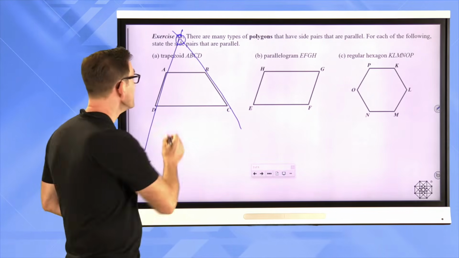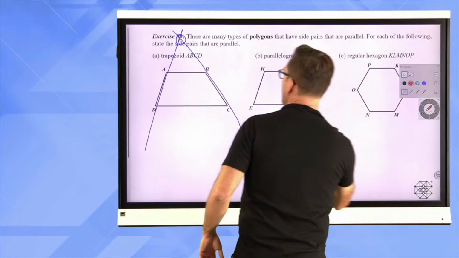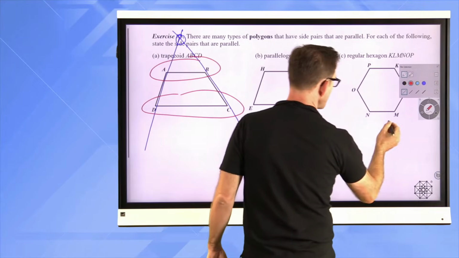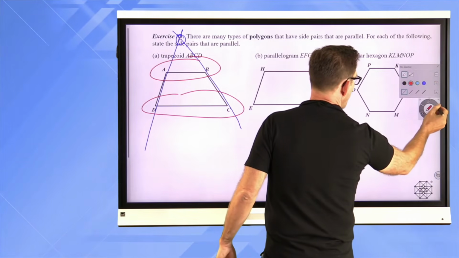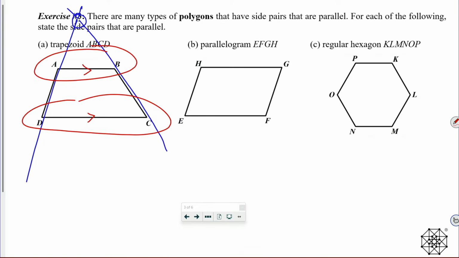Well, side AD and side BC aren't parallel because eventually they'd intersect, maybe somewhere up there. But side AB and side CD, well, they are certainly parallel, okay? And in fact, we can mark them by doing little arrows like that. Now, I'm going to say that AB